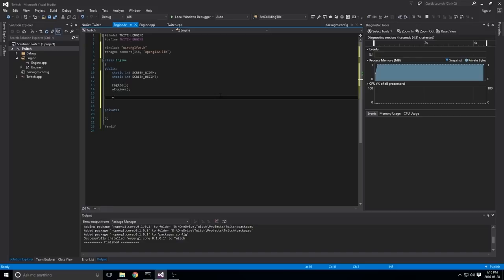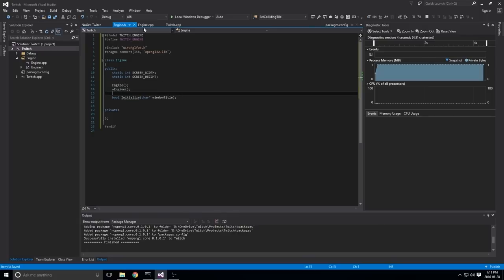So we'll have an initialize method, and another piece of information that we need is the title that we're going to give our window, because this is just a window that's going to show up. So we want to give it a title, and we can track that with just a simple char star. We'll call it window title. And actually, let's make this return a bool, so we can check on the other side if we actually successfully initialized anything or not. Okay, so we have two static ints, constructor, deconstructor, and initialize.